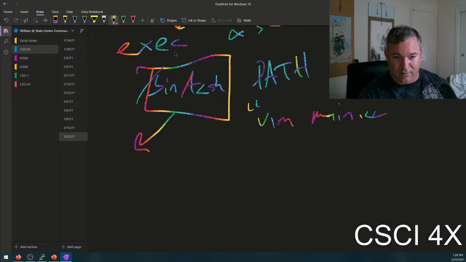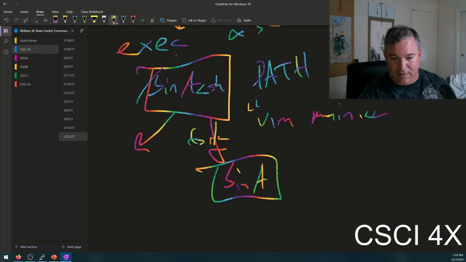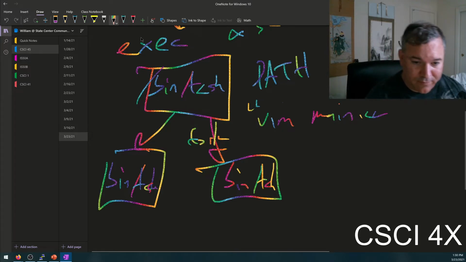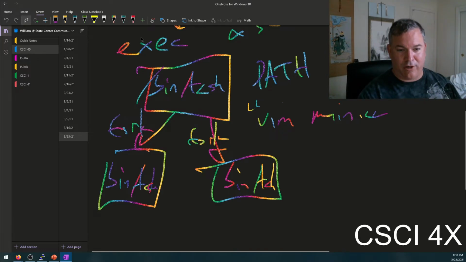So it's going to fork itself. So it's going to stay the same, bin tcsh. The parent stays the same, and the fork is also bin tcsh right now, because when you fork it, it's the same executable for now. So you've got the child fork, you have the parent fork, and then